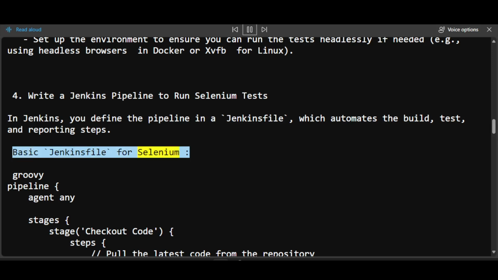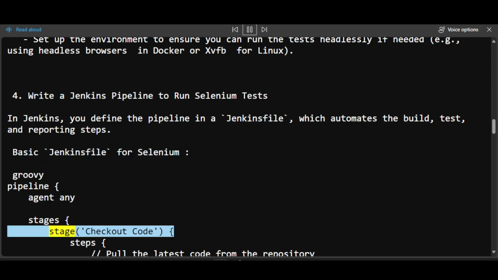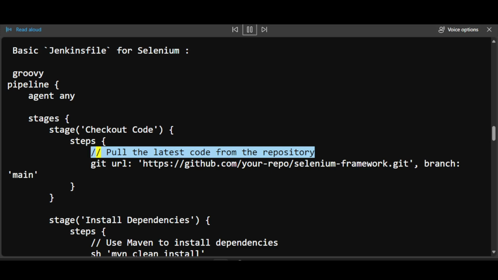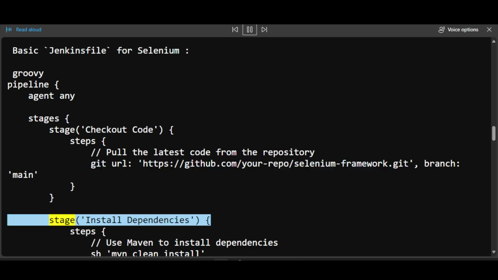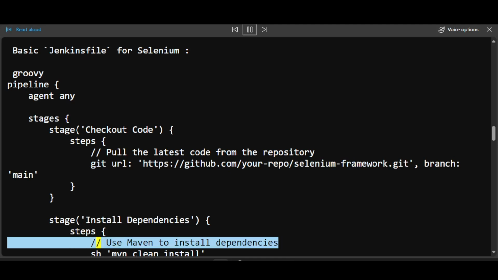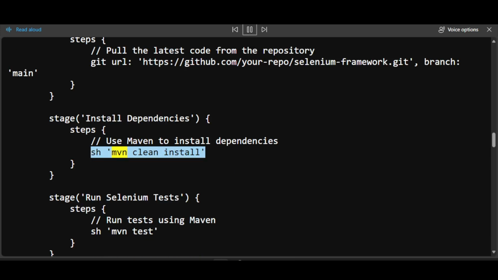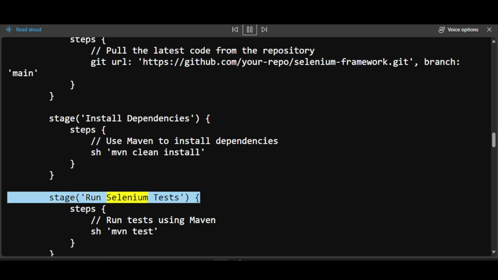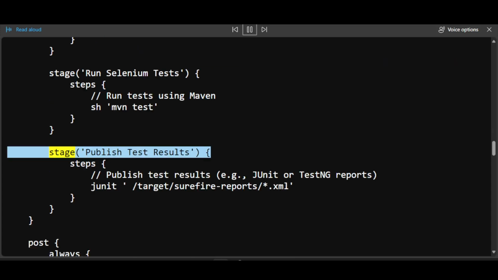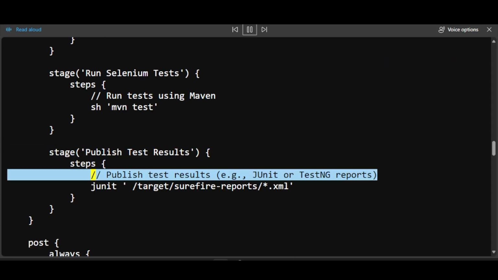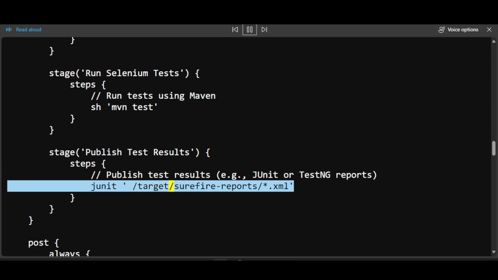Basic Jenkinsfile for Selenium. Groovy pipeline, agent any, stages, stage checkout code, steps, // pull the latest code from the repository, git url https://your-repo/selenium-framework.git, branch main. Stage install dependencies, steps, // use Maven to install dependencies, mvn clean install. Stage run Selenium tests, steps, // run tests using Maven, mvn test. Stage publish test results, steps, // publish test results, e.g., JUnit or TestNG reports, junit target/surefire-reports/*.xml